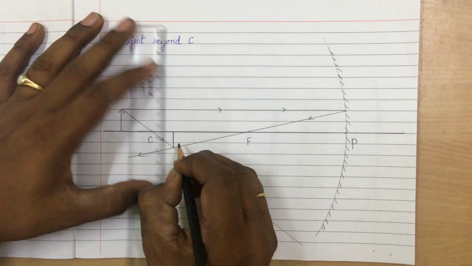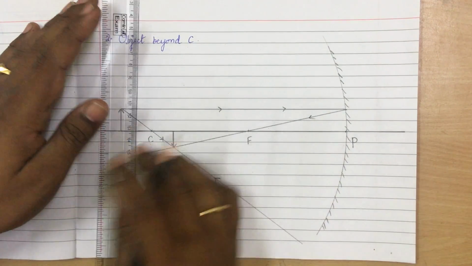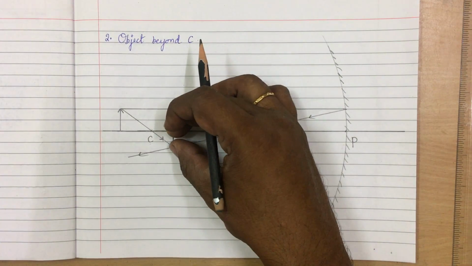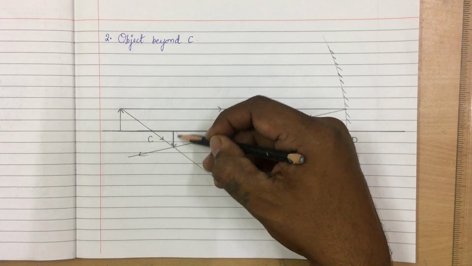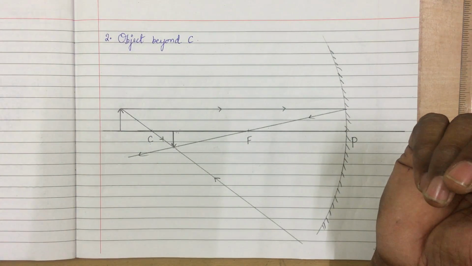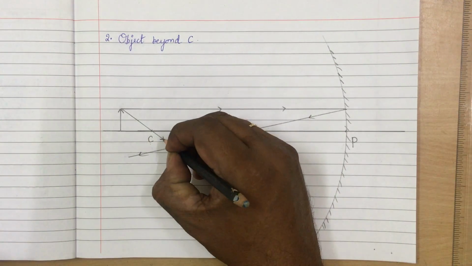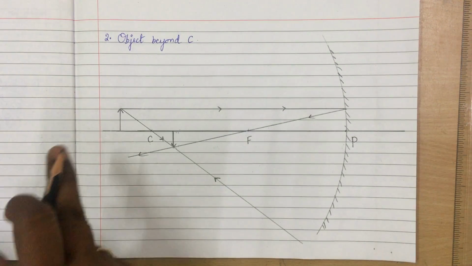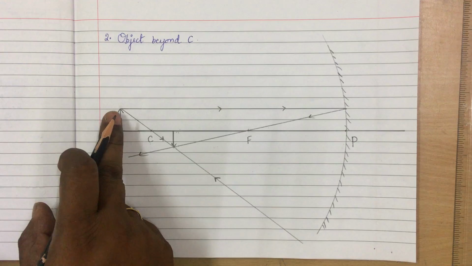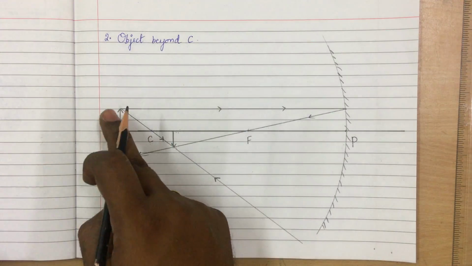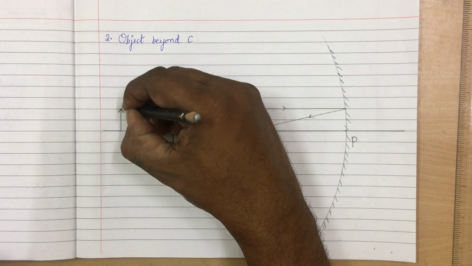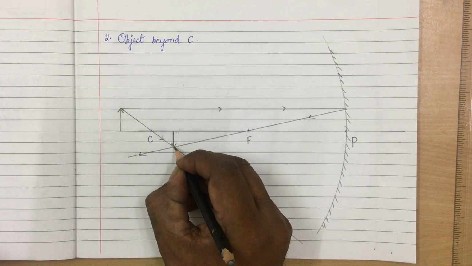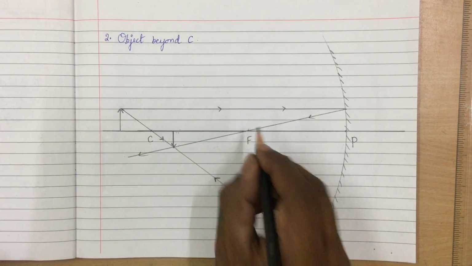Image is formed here and it is inverted. When we compare the size of the object to the size of the image, the image formed is very small. Okay, fine. So don't forget to mark the direction of the light ray. We have already learned that any light ray through the center of curvature reflects back in the same direction. With that we have constructed the ray diagram, and we can see the image is formed between C and F.